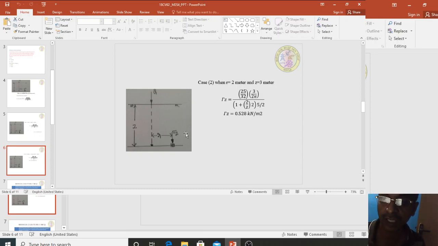So if I take 4 meter, further this value decreases. If I take 6 meter, further this value decreases. That's what we have said, the vertical stress distribution on a horizontal plane. Likewise, in the examination, r by z they may give 0.2, 0.4, 0.6, 0.8, 1. Similarly, this side also if you plot, you will get a graph like this. So the highest is at the center. As it moves away, it gets reduced.